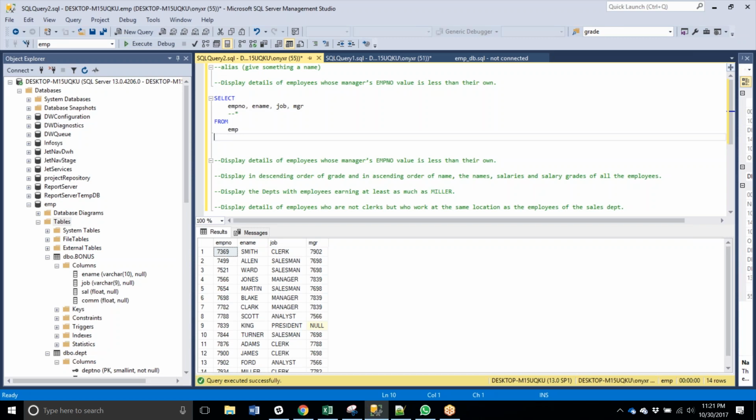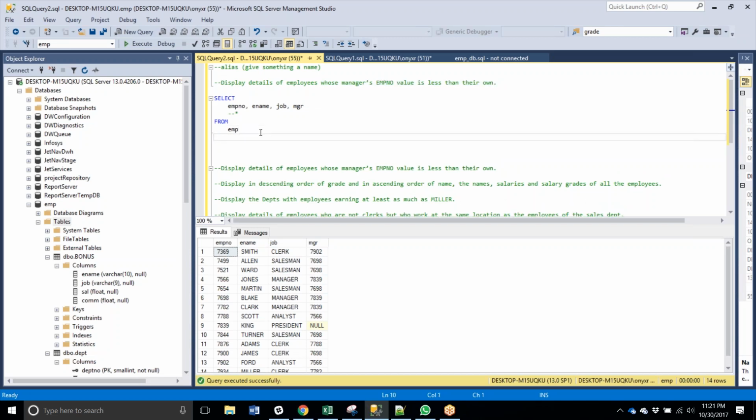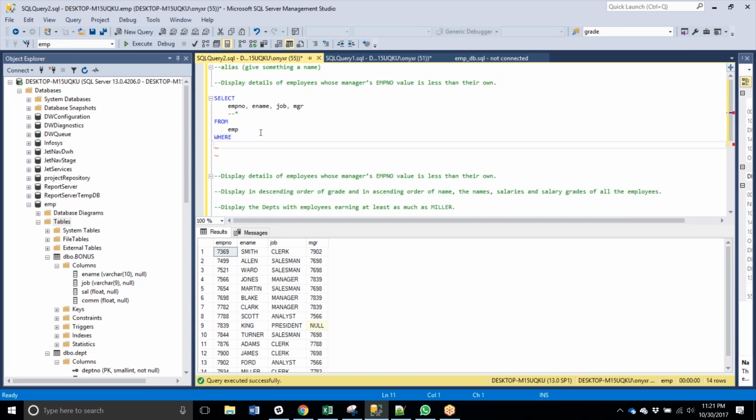All right, what are we supposed to do? We're supposed to select details from employees whose manager emp number value is less than their own. So this whose should already clue you in that you're looking at a where clause. And that's the third fundamental piece of a SQL query, is the where clause. And in the where clause, you define your filter criteria. In this case, we want to filter where the